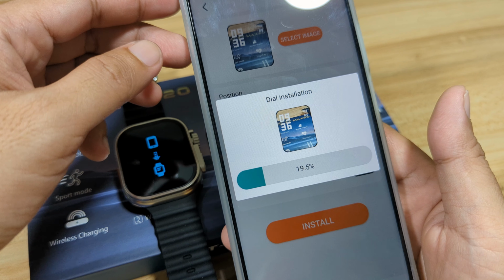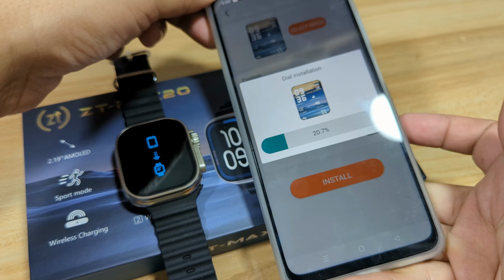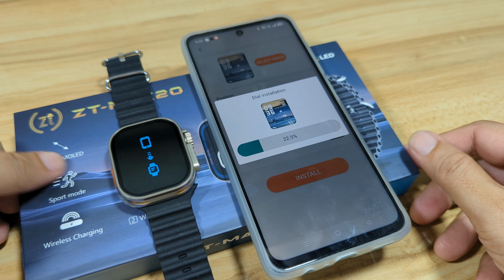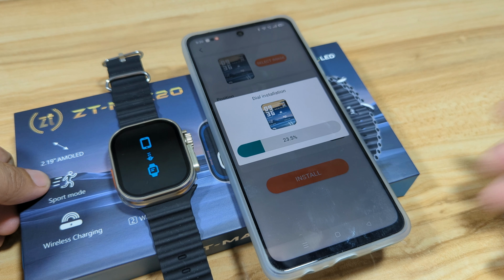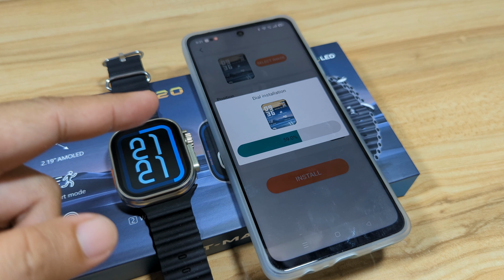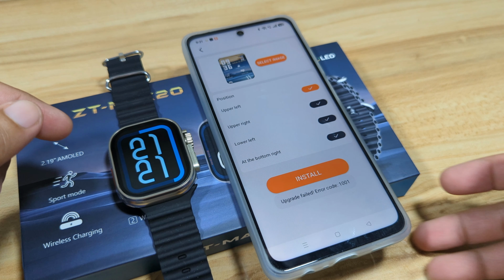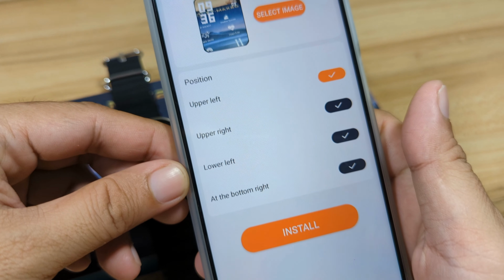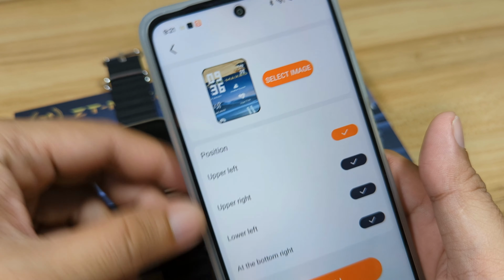The same with the dial management. So let's wait for it to complete. 23%, and as you can see here, our smartwatch downloaded, and an error again for our custom watch face.